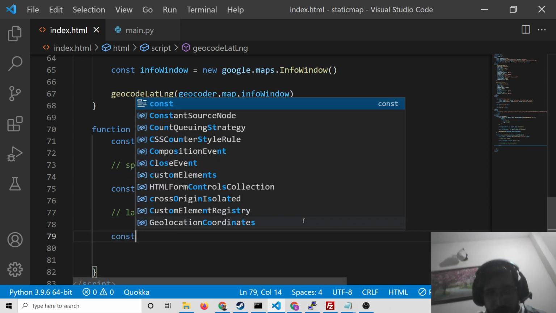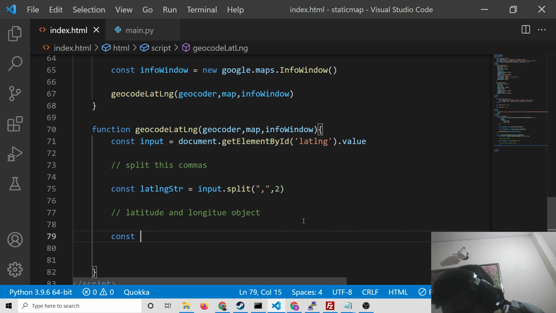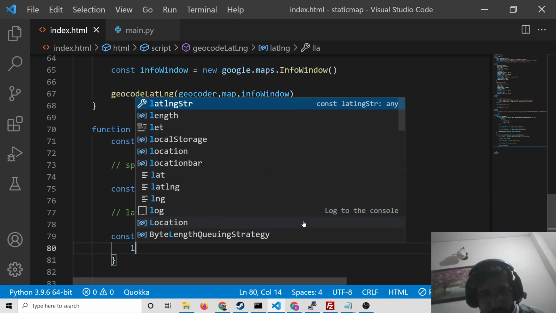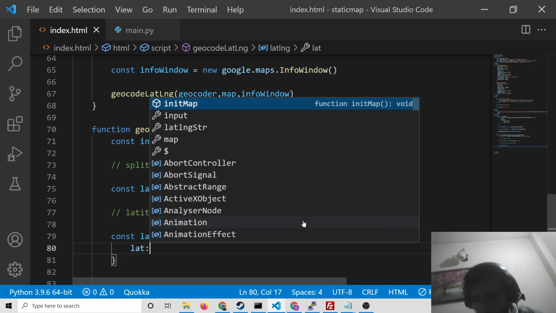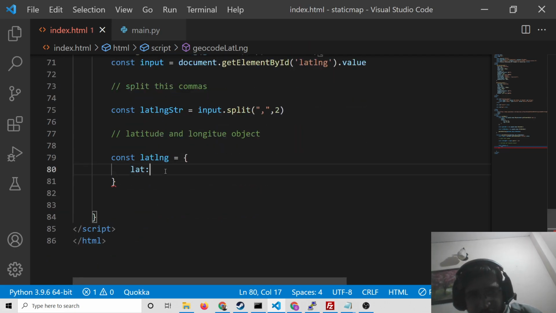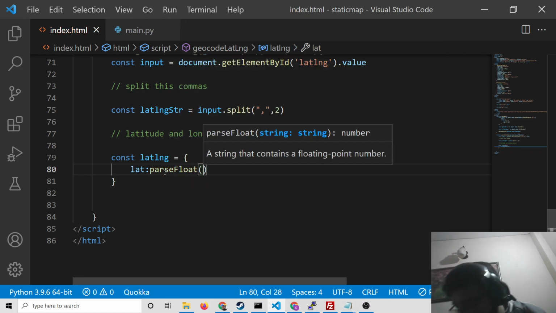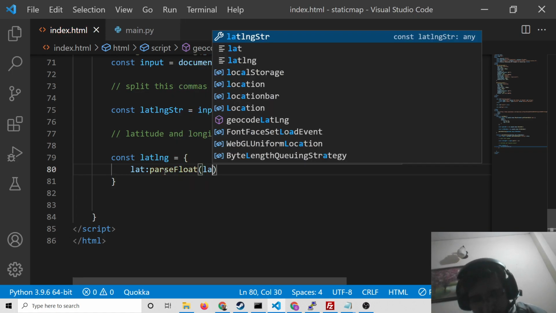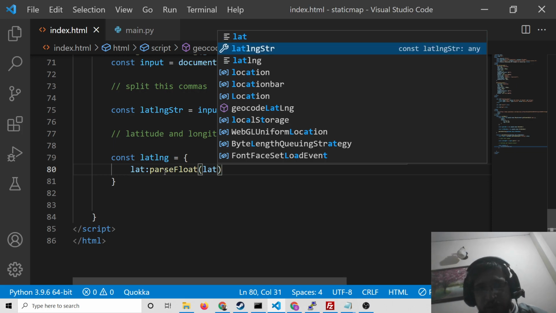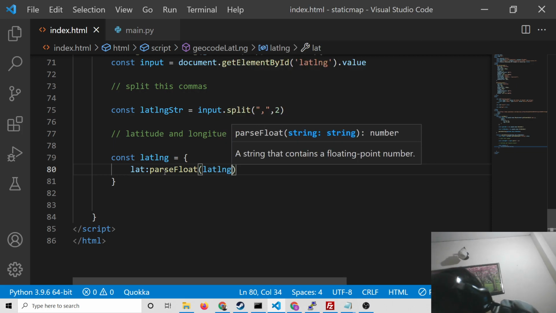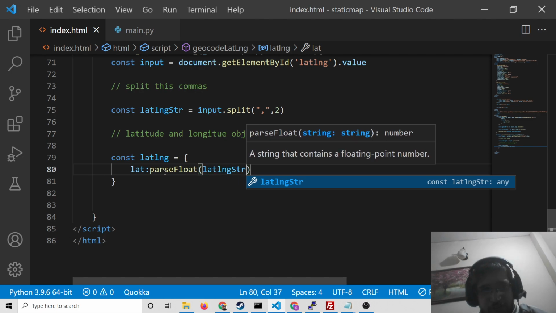So we will say const latLong. Here inside curly brackets we will write latitude will be equal to, and here we will convert the string to number by using parseFloat, and here we will pass our latLongString.